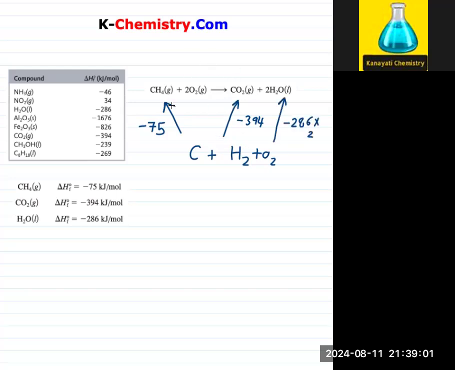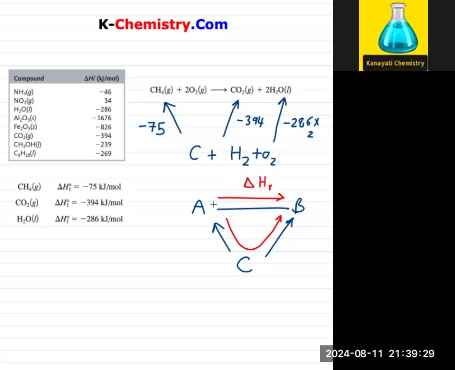And we know that this is very similar to the Hess cycle. So I can say this is very similar to A and B. And then there is C, which is the constituents here. Okay, so Hess's law tells me that if you want to find the change from A to B, you can also move from A to C and then to B. So if you want to find delta H of the reaction, which is A to B, you can just add